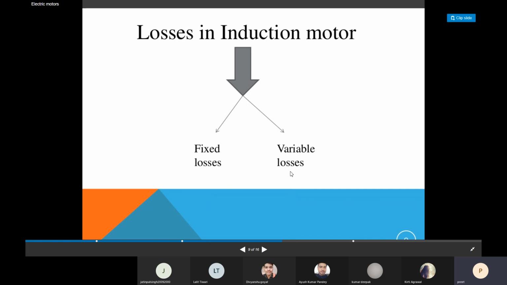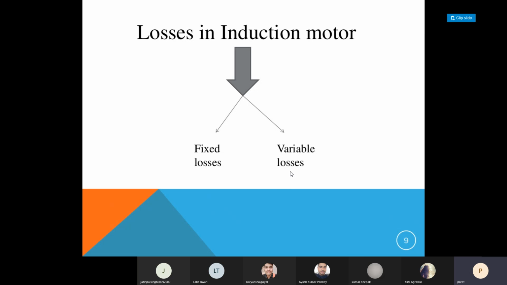Due to these variable losses, if you want to know the efficiency of a practical transformer, we need to calculate the all-day efficiency. We can't calculate the efficiency just like that, as output upon input. Why do we calculate the all-day efficiency, considering 24 hours? Because the load is constantly changing, the efficiency you calculate at any point of time will not match the actual efficiency of the transformer. So you need to calculate the all-day efficiency. That was the concept of a transformer.